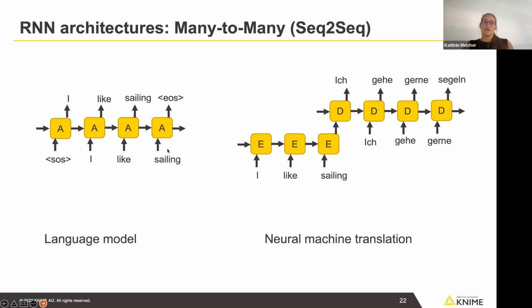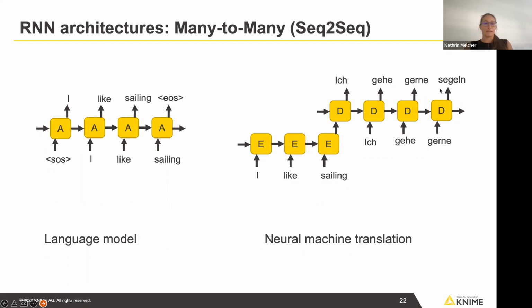And a use case for the example network architecture here on the left-hand side would be language modeling, where when you see a start token, you want to predict the first word, then you want to use the first predicted word and predict the next one, and so on. And an example where you would first process a sequence and then start creating the output sequence would be neural machine translation, where we have the sentence in English, then we have here kind of the context all summarized, which we can feed into another recurrent layer,